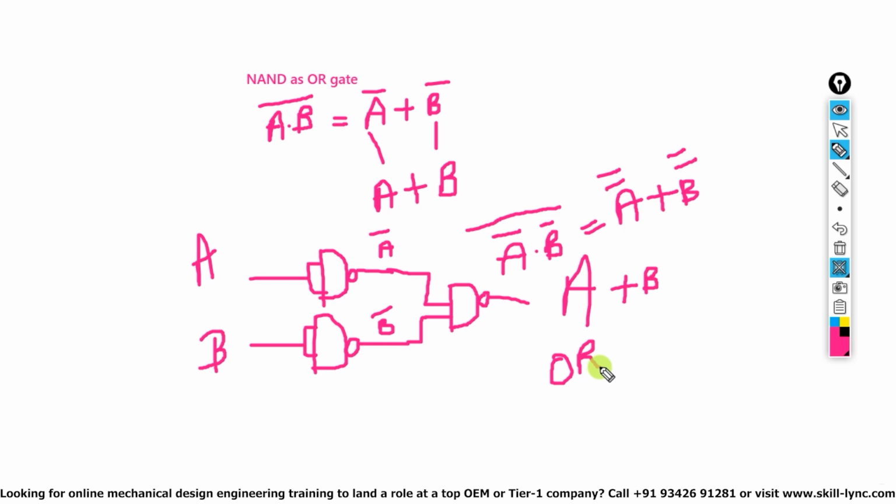That is what I need to prove, that NAND gate is acting as an OR gate. So till this point we have proved that NAND gate can act as AND gate, NAND gate can act as NOT gate, and NAND gate is acting as OR gate. Because NAND gate is capable of acting as AND or NOT, that's why it is known as universal logic gate. Now apart from the universal logic gates, let's see how the remaining gates can be drawn using NAND gate only.